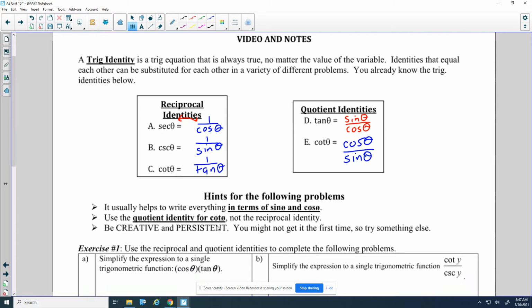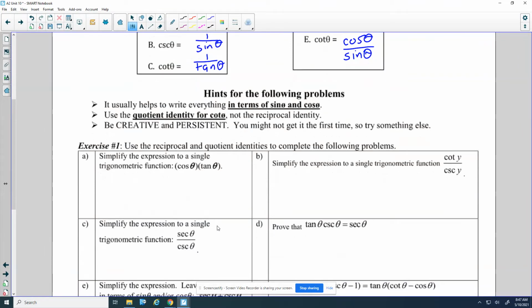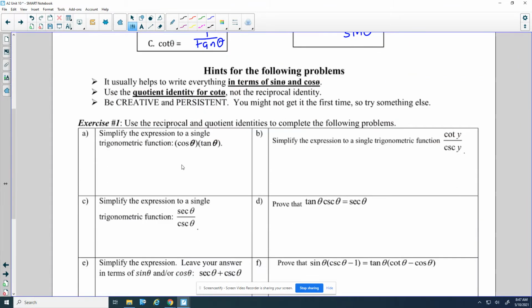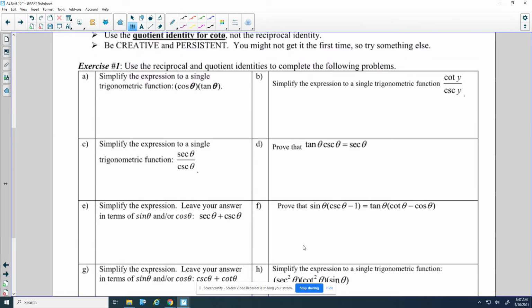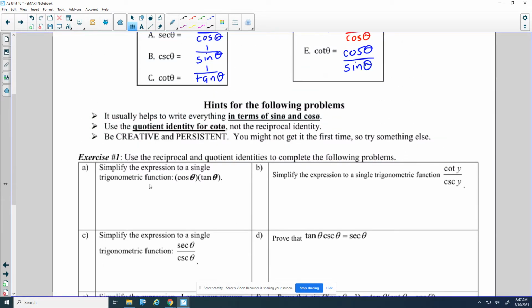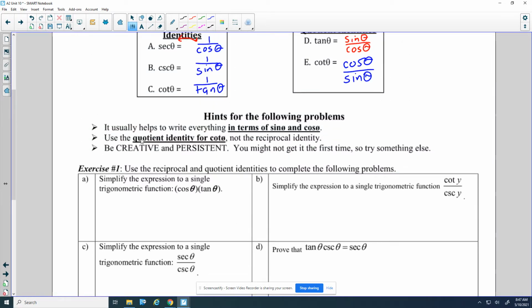So in our first simplification problems, we're going to be following a couple different hints. Basically, we have these different problems to simplify, and we're just trying to sometimes write them as a single trig function or just a more simplified form. So first off, it usually helps to write everything in terms of sine theta and cosine theta. We're going to use the quotient identity for cotangent theta, not the reciprocal identity, because the quotient identity allows me to write it in terms of sine and cosine, whereas the reciprocal identity does not